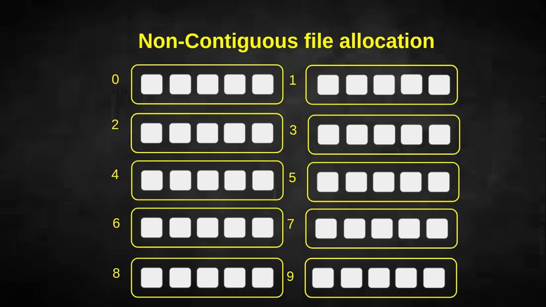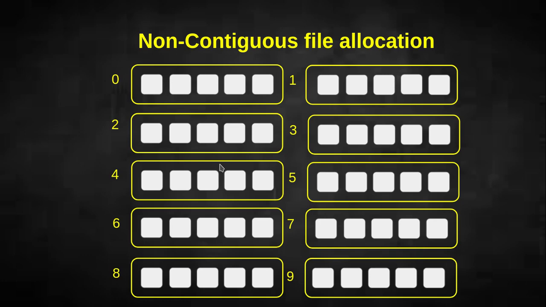Hi, in this video I'll be talking about the various non-contiguous file allocation techniques. Let me do a quick revision of what the non-contiguous file allocation technique is. In non-contiguous file allocation, our storage device is divided into several chunks which are called blocks, and each block has a defined size. Right here we have 10 blocks and each block has a size of 5, so it can only have